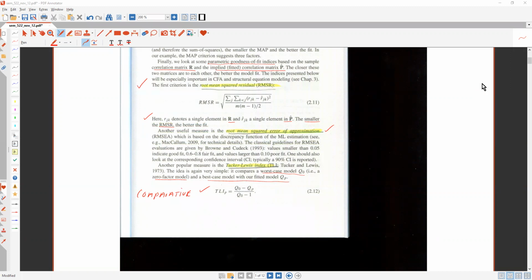Today we're going to finish our discussion a little bit about factor analysis, and then make our way into path analysis and structural equation modeling. So I'm in the Mayer book now, and I just wanted to recap a little bit of what we talked about last time. Last time we were talking about exploratory factor analysis